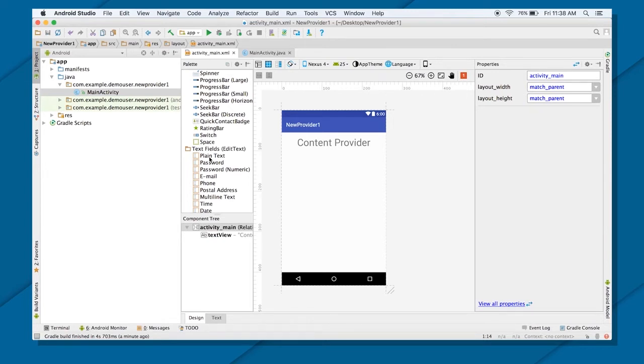Whatever data the user enters, I'm going to create a respective database for it, and the data will get saved in the database. Next time you want to access it or insert data, you will do it with the help of the content provider. So the content provider will be acting as a wrapper around your database. We'll see how exactly it does that.